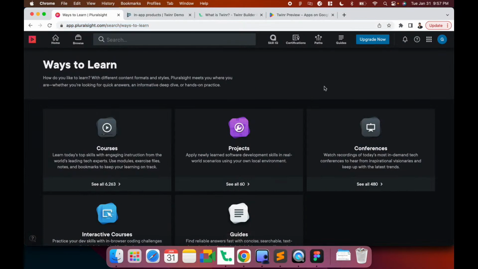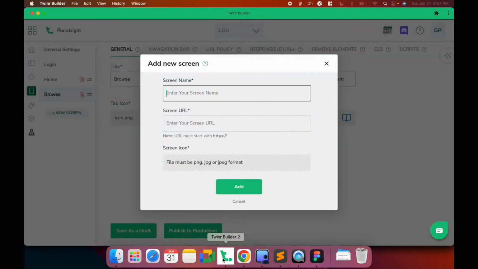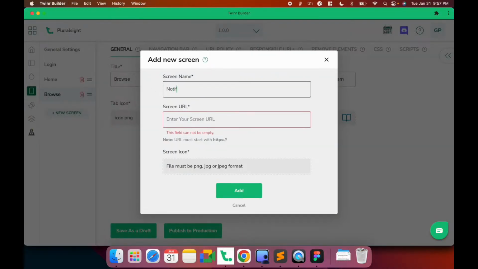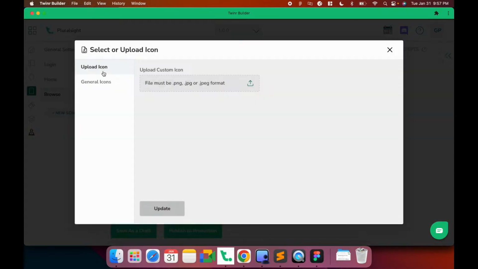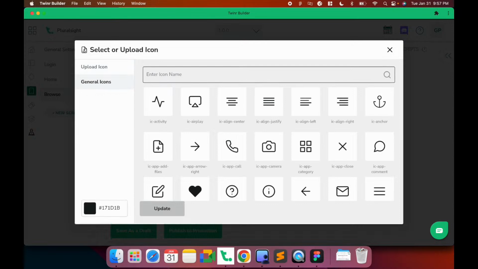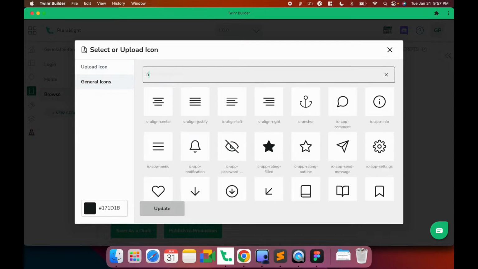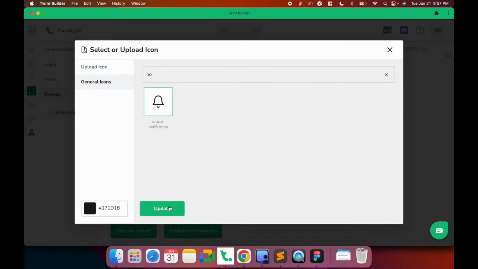Now my next screen, obviously I can create an account screen, but I think notification is also very important for an educational website. So let's create a notification screen. For the notification, I already have a URL here, so let me use this. Let's go here, notifications, and then the screen URL, and then the screen icon. So I can select the bell icon. Let me select the notification icon for this one,